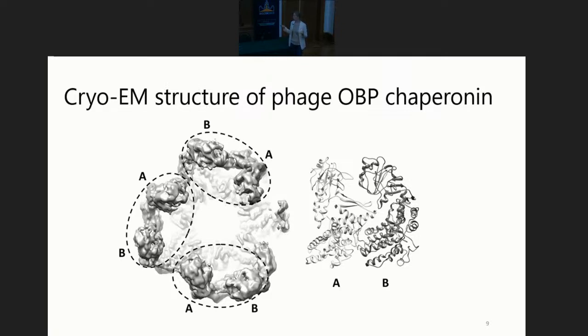So this rotation around this point was impossible, but the lower hinge was working, and this was responsible for the existence of two conformations, A and B. So what is surprising here is that in the absence of any nucleotides or substrate proteins, we still have the existence of two different conformations.